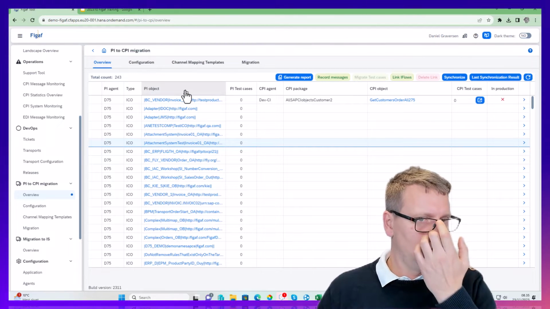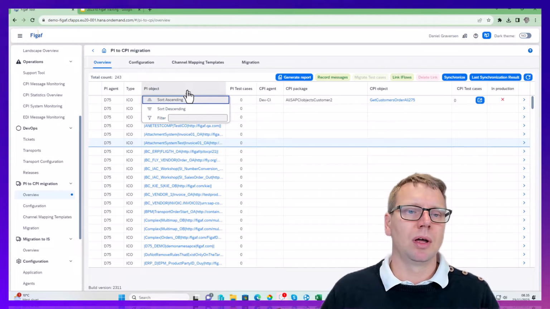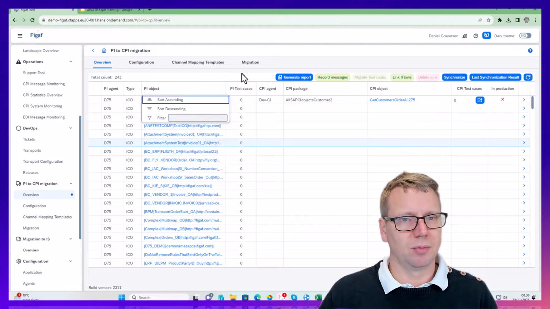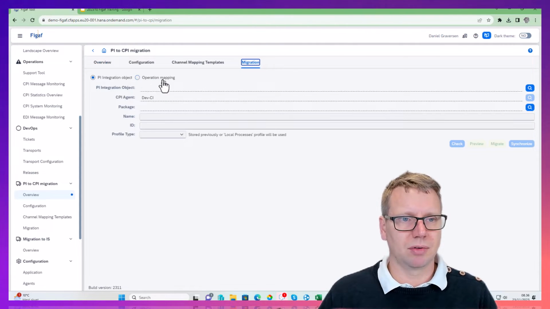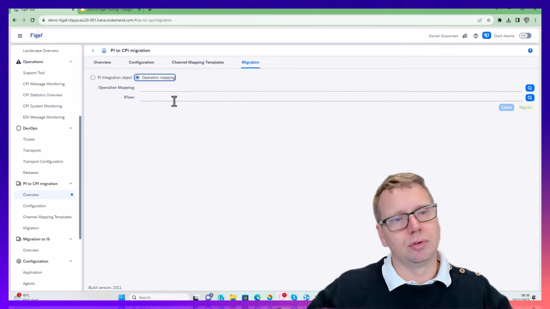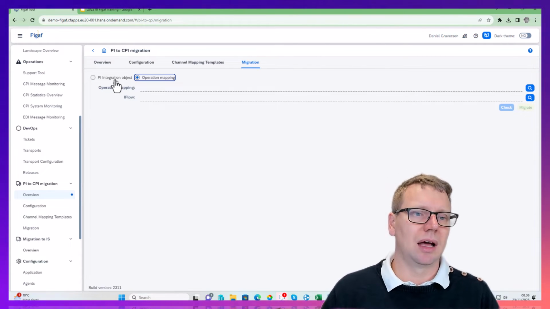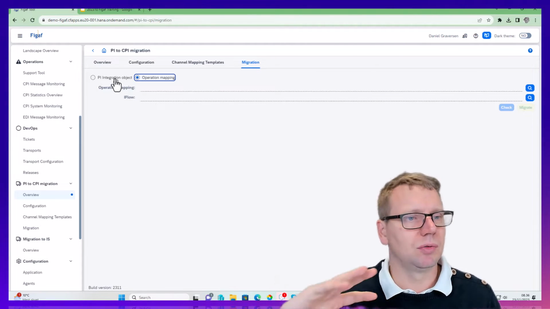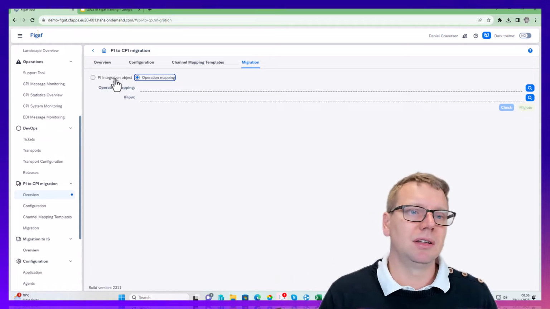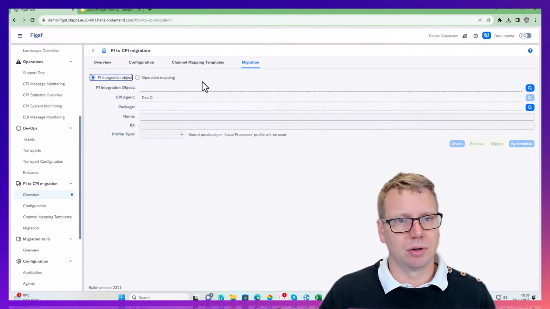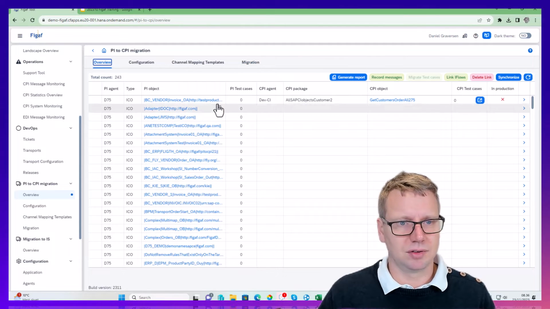So to do migrations, we have a number of options. We can use this to filter, and I think this is the preferred way. We can also just go directly to the migration, select an operation mapping, and then use the Figaf tool to migrate that into an IFlow. So if you already have an IFlow but just need the Figaf tool to migrate these mappings, you can use that. You can also do it without the help, but the easiest is obviously just to go here,